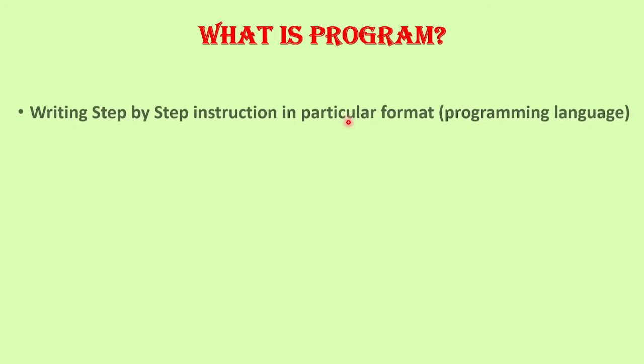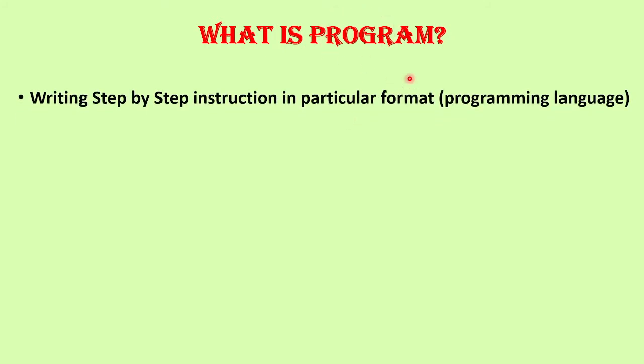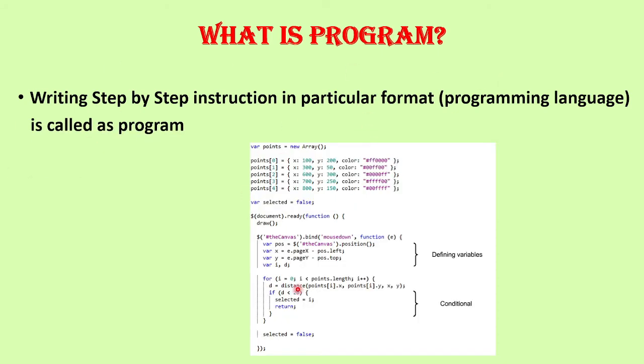Now what is a program? After writing the algorithm, you need to write a program. Based on the algorithm, we are writing the step by step instructions, but in a particular format, and that format is called a programming language like C, C++, Java. Every language has its own format or syntax for writing. So that is called a program. This is the example. This is one way of writing the program. It's one of the languages used to write the program. Based on the algorithm only this program is written. The step by step procedure is followed, but some format is followed, and that format is called a programming language.